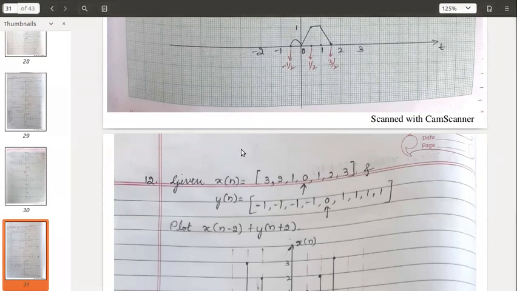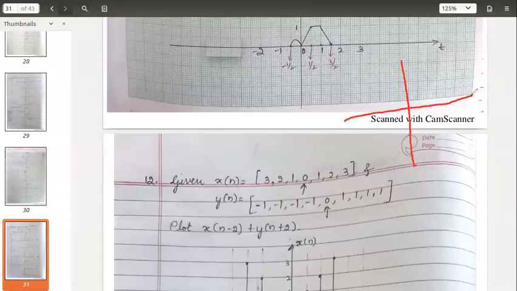Yes, Tasneem, very good. Tasneem has answered. It will start from 0. She's telling this arrow indicates it is the origin point when you draw your graph. So obviously, now you can draw x of n, how it looks like. What are these 1, 2, 3? They are indicating the amplitude of the signal. So 0, you know it now. Reference point, you know. At the center, it is 0.